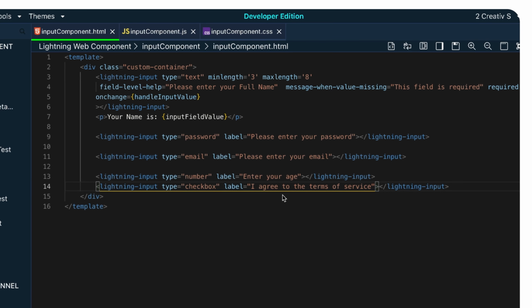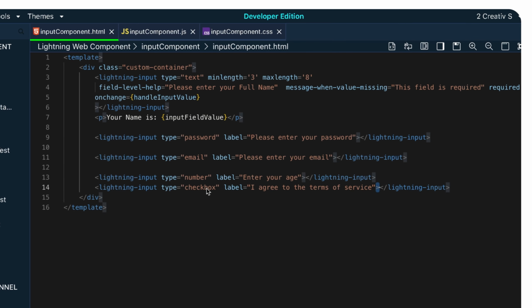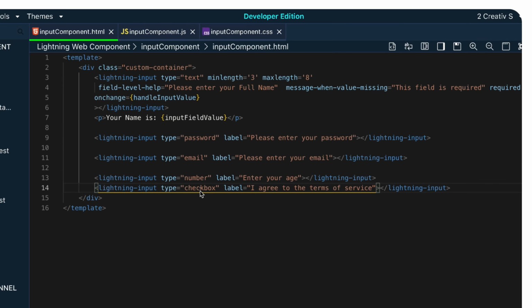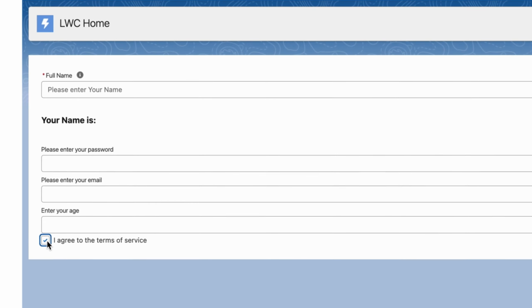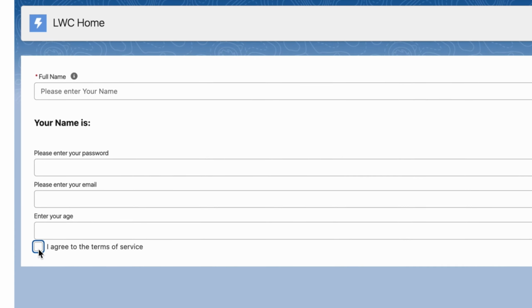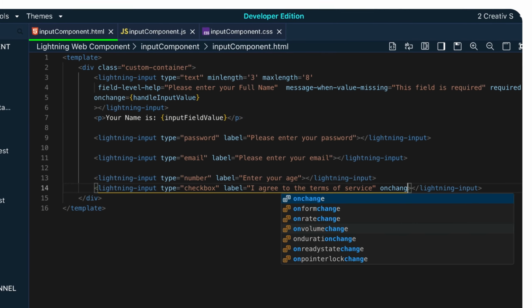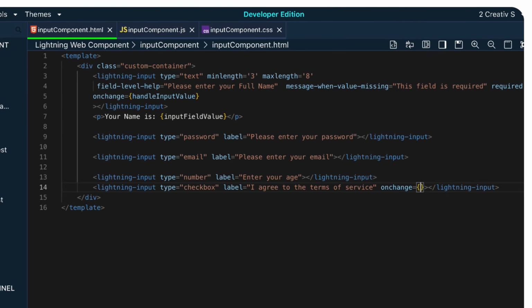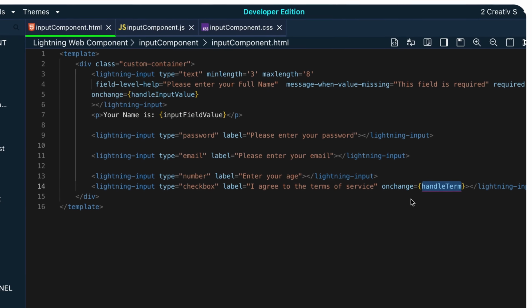Here we will see the onChange event in the checkbox, because the checkbox returns true or false, like a boolean value. If it is checked, it is returning a true value. If we are not checking this, it is returning a false value. To add an event, we are using onChange. Here we will pass a method name, handleChange. Now we will make this method in our